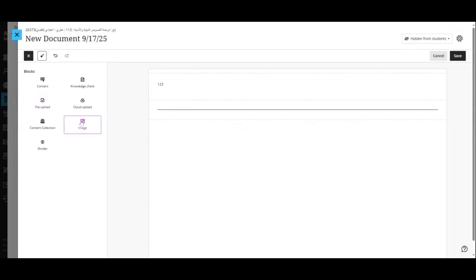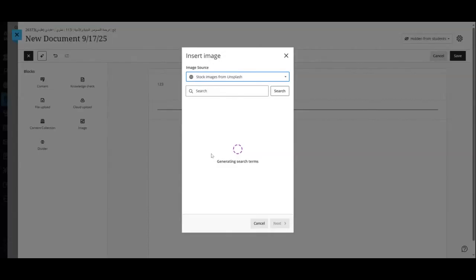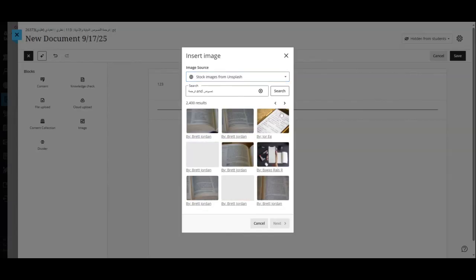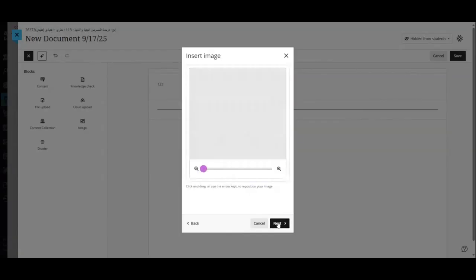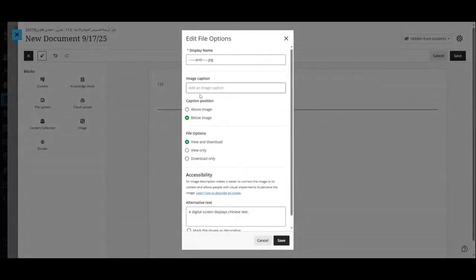Then you can add an image. Okay, and the image, the same, you can upload from your device, or you can go for stock image, or you can generate an AI-generated image that is related to the content you are creating. If we go to the stock image, for example, because this is related to translation, it is showing me some pictures for translation. For example, I select this one. I can change the focus. It is something in Chinese, I think. Okay, whatever,